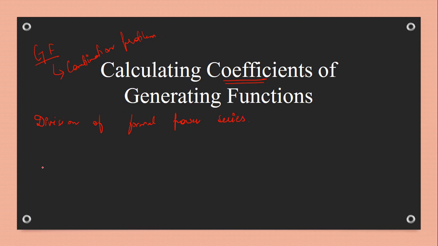Now, suppose a of x is given as sigma n is equal to 0 to infinity a n x power n. If this is a generating function or a formal power series, then a of x is said to have a multiplicative inverse